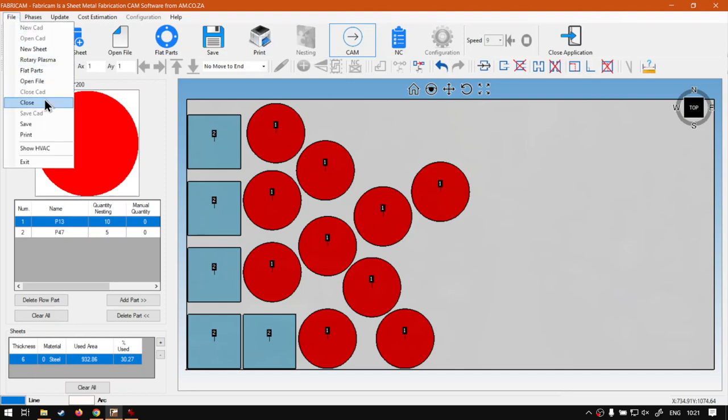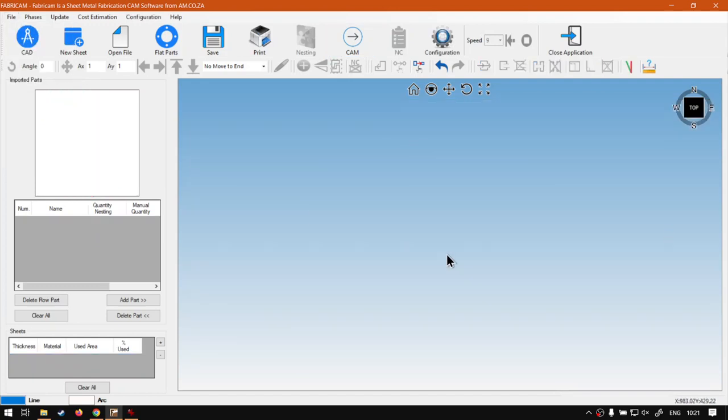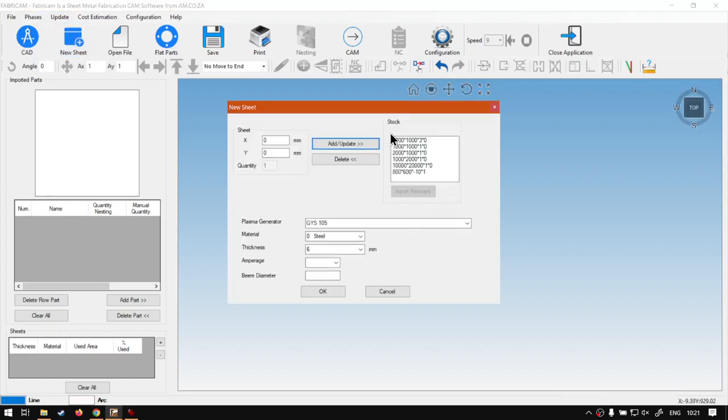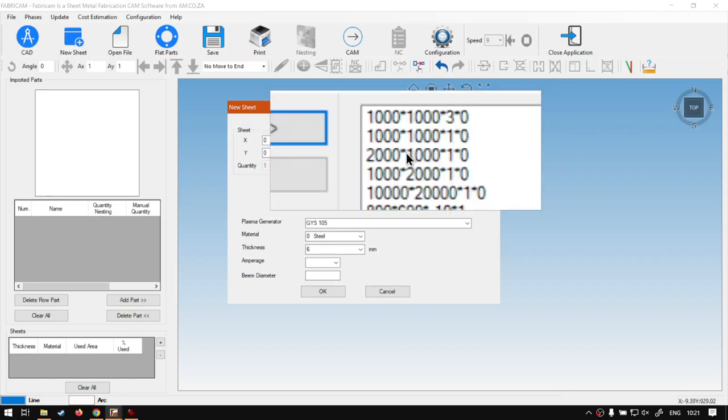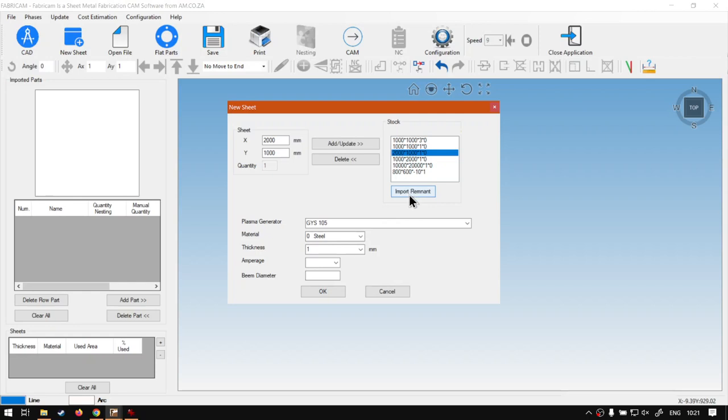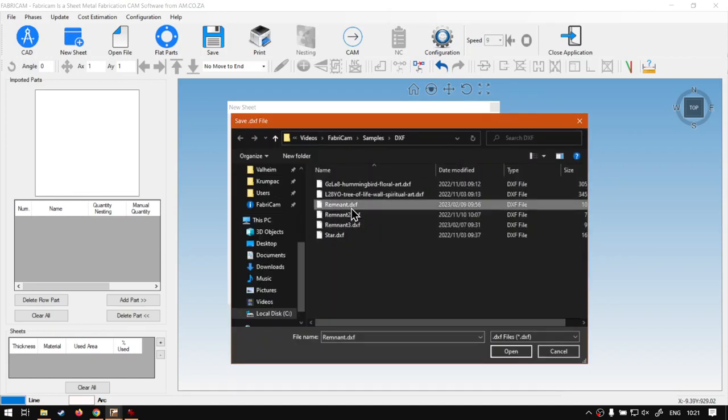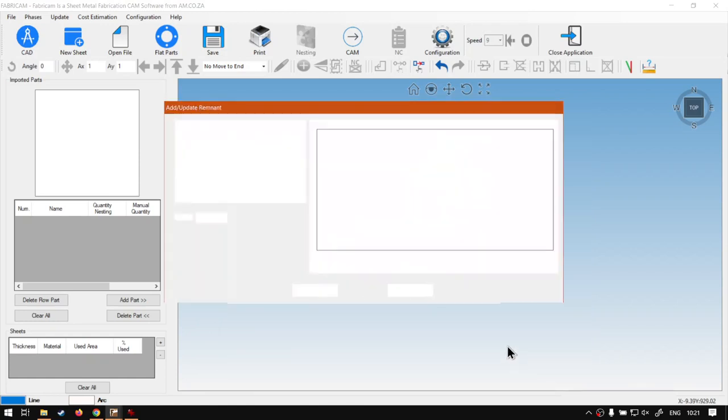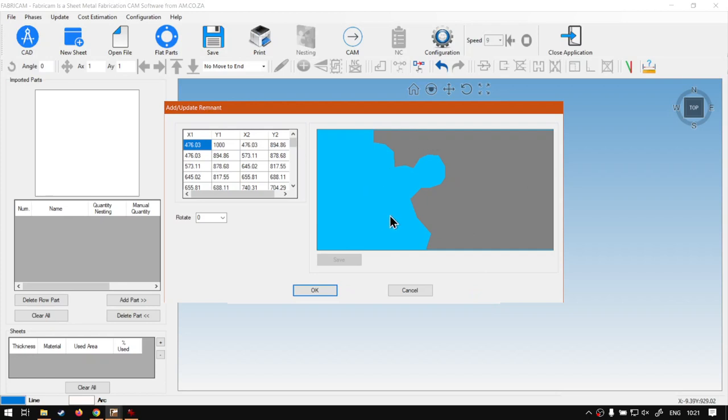So first of all, I'm just going to close this project to have a fresh start. Then what you want to do is go to new sheet, and from the new sheet we can choose what our sheet was. So it was a 2000 by 1000. And then you'll see we get this little option here at the bottom called import remnant. So I'm simply going to click that, and locate the remnant, which was the first file we saved. As I mentioned, it saved to a .dxf file, so that means you can open it with other programs as well. Let's say open, and as you can see, here's our remnant from the previous project